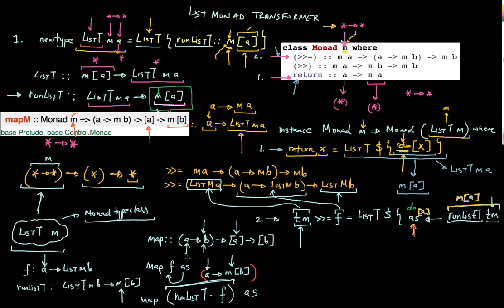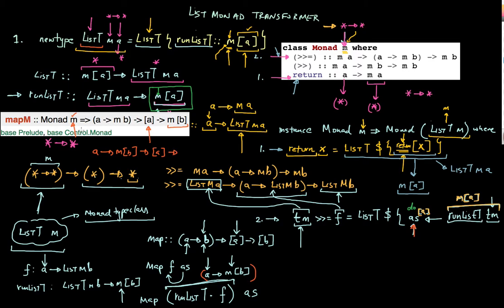Okay, so the only difference is that I have this function that goes from a to a monadic value, but my b's are already wrapped in a list here. So if I can just think about this, let me rewrite what I have at this point. I have my a's that go to m of b's, and I have my list of a's,